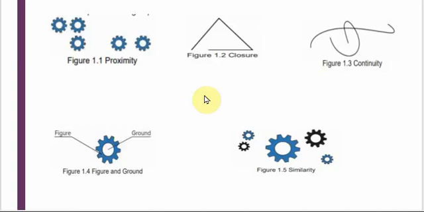Anybody can tell? Just see figure 1.1 of proximity. Looking at this proximity figure, what assumption can you give?